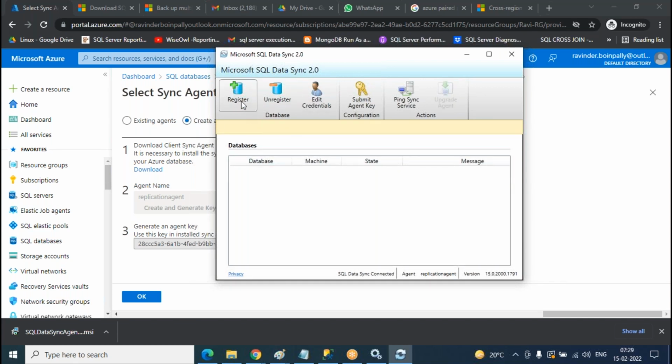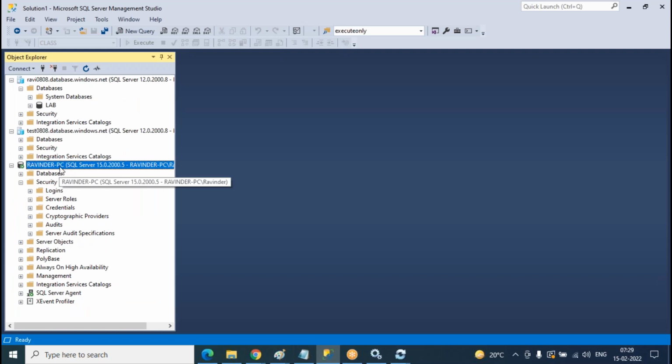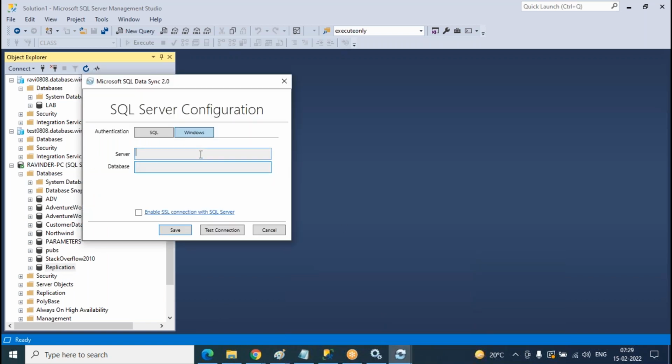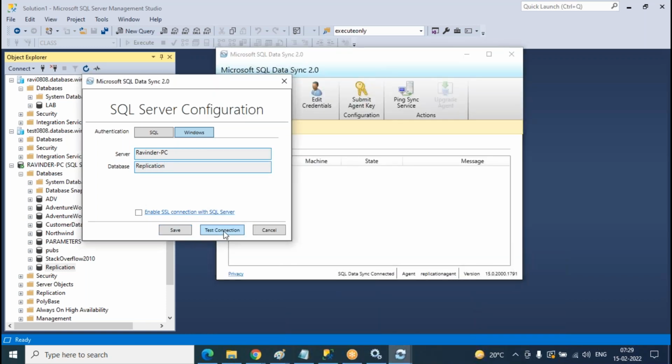Now I'm going to register the on-prem member into this agent. What is the on-prem member? I have the server here, and the database that I want in this replication. So you have to register the on-prem server, it's not the PC, and the database name is replication. Okay. So now if you look here, you don't have the database yet, but if I click on test connection,